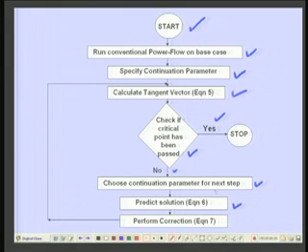predict the solution. After this prediction, you go for the correction, that is, perform the correction part and then return back to this point again. And this process continues till you reach the critical point, and you can go below the critical point also and get the other points of operation. This is a very important algorithm which we have discussed just now.